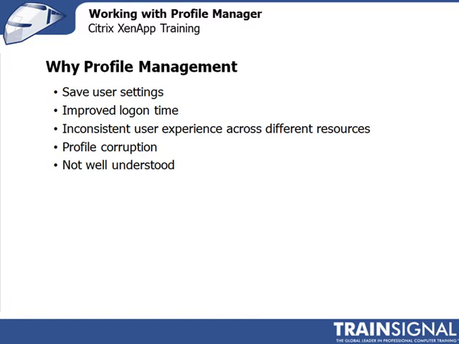Because the profile is only uploaded once and downloaded once, there is potential for corruption if the copy process doesn't finish properly. There's also the potential for profile corruption because if the same user logs on to two XenApp servers at the same time, now they've downloaded their profile from the network onto two XenApp servers. Depending on how the user is exiting out of these applications and how the profile is going to be copied back to the network, if it's copying back to the network from XenApp 1 and XenApp 2, then files might be stepping on each other, and as a result, it would lead to profile corruption,